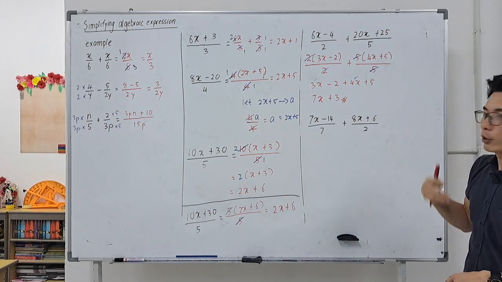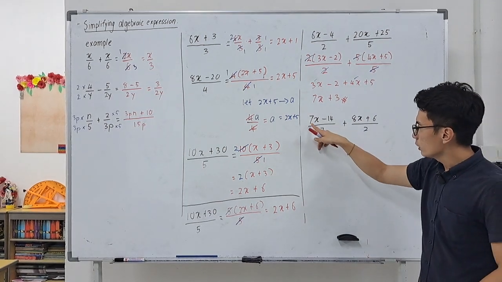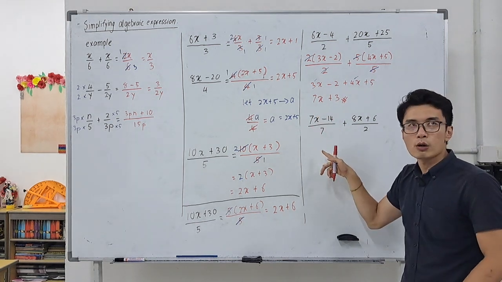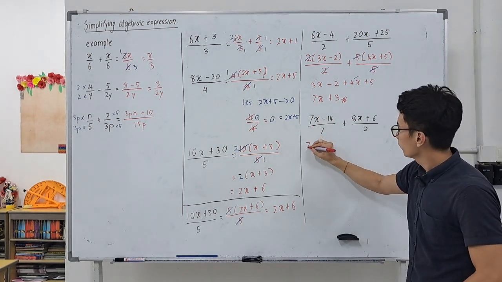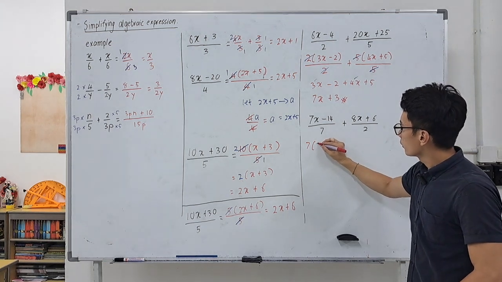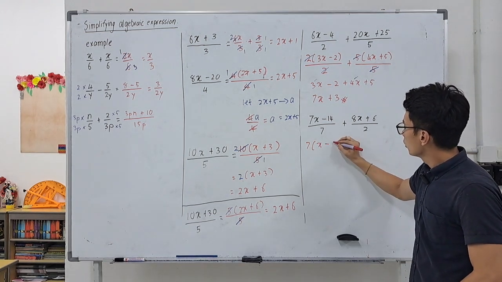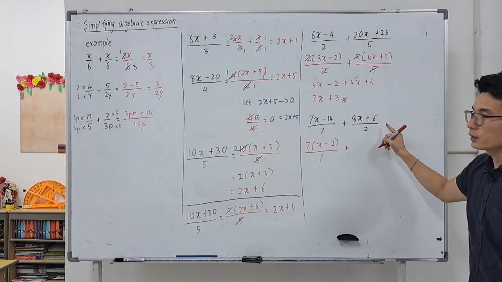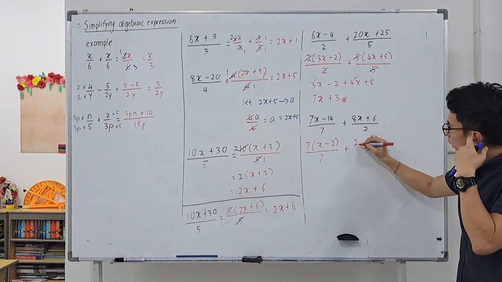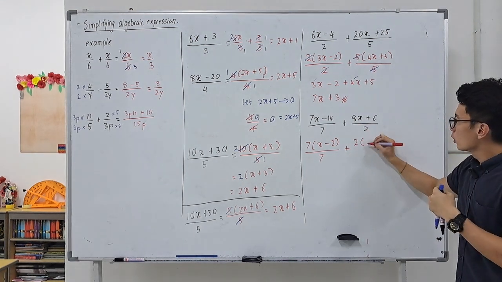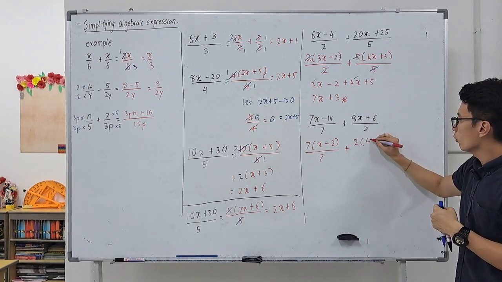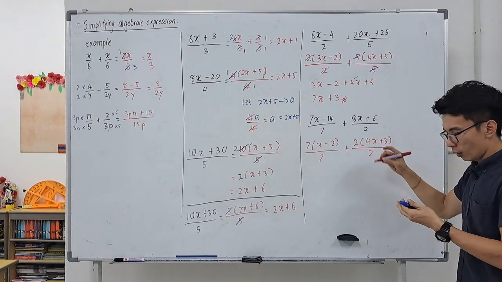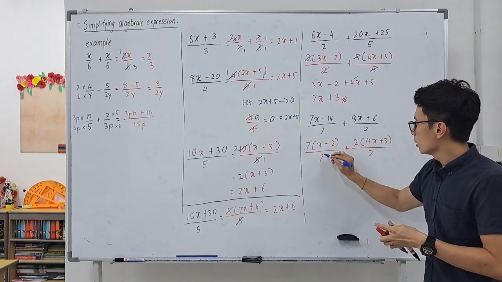Last question. Same thing over here. I noticed that there's something I can factorize out for the numerator, which I can cancel out with the denominator. That's going to be 7. Let's take that out. So what's going to be left is x minus 2, right? So over 7 plus, for this side, it seems I can take out 2, and I can cancel with this. So if I take out 2, what's going to be left is 4x plus 3. Everything is going to be over 2. And just nice, I can